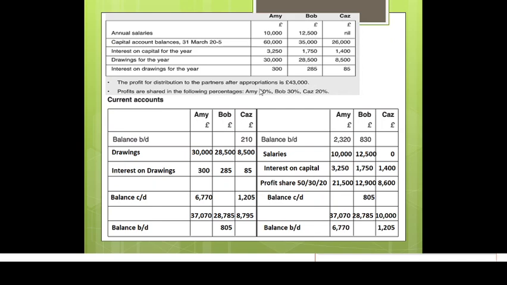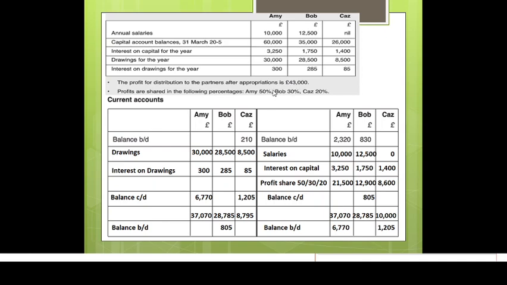So what they're saying here is, look, we know what the profit for the year was. We've taken off all of the salaries and the interest on capital, and we've added back interest on drawings. This is now for partners to share out. Okay, this is profit for distribution